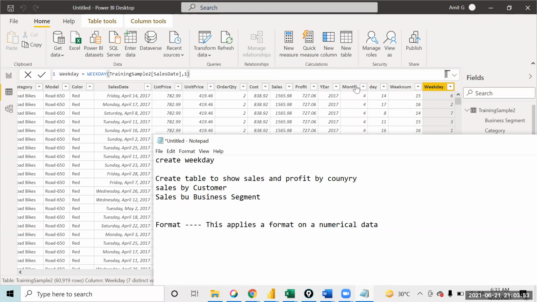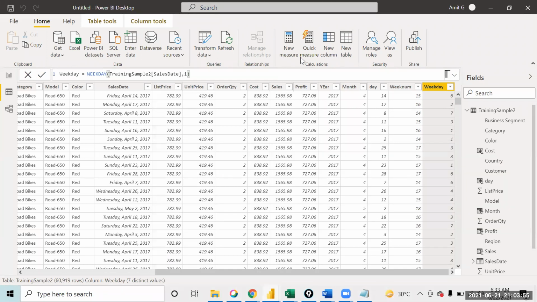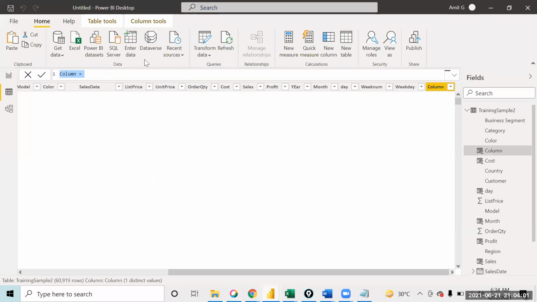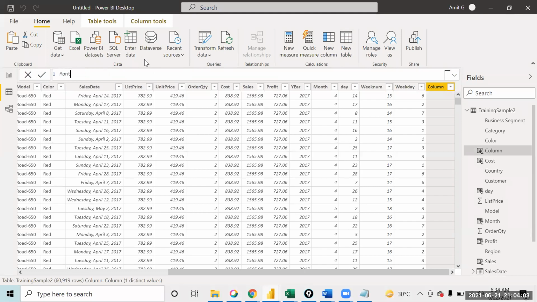For example, if I come over here and say new column, month name, I will say format, and the column is sales date, comma.